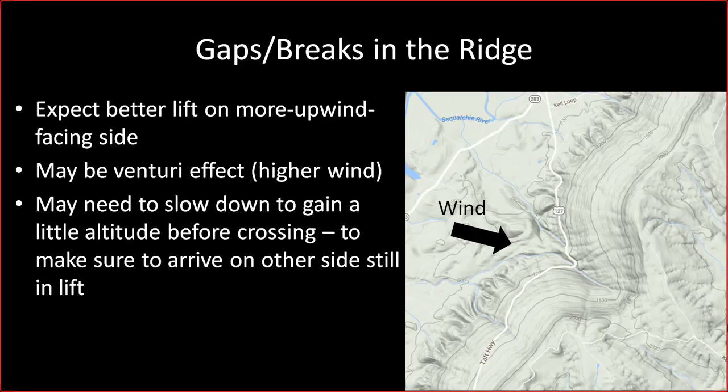Also, if you're coming upon this gap, you might want to slow down a touch if it's a big enough gap and try to gain a little bit of altitude before you cross it, just to help make sure you get to the other side in lift. You also probably don't want to just follow it around all the way through the back. One, because of the Venturi effect, and one, if you're racing anyway, you want the shorter distance. As long as you can cross it without losing too much altitude and dropping well below the good lift band,